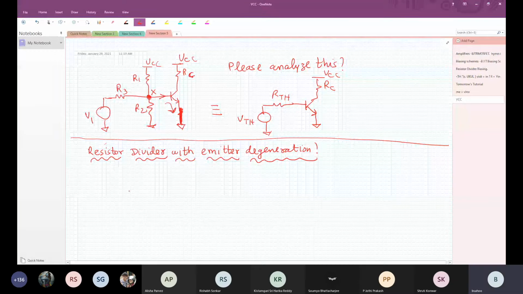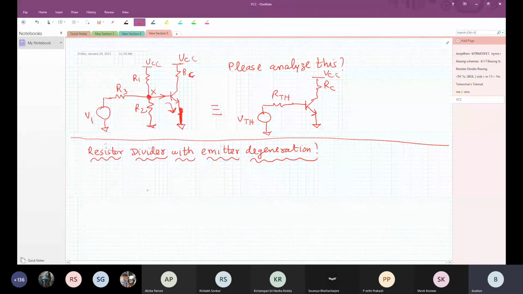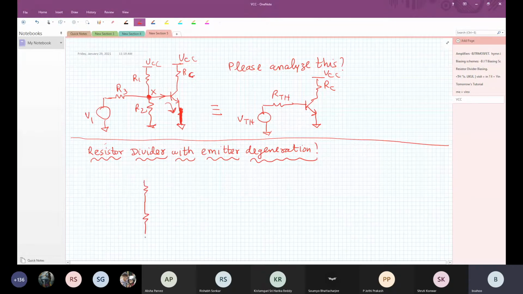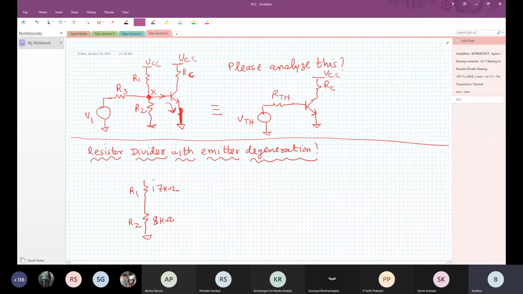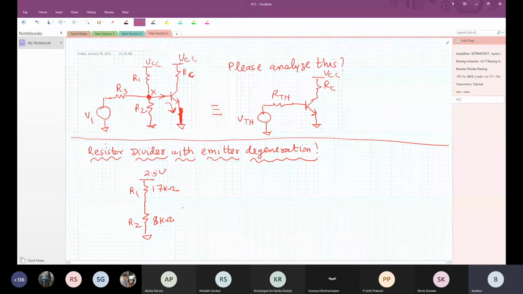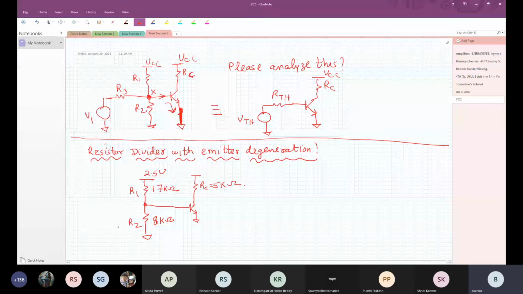Yes. So all of you, this is one of the problems in the textbook. R2, R1. This is 17 kilo ohms. This is 8 kilo ohms. Okay. This is 2.5 volts. Okay. And this is RC equal to 5 kilo ohms. Okay. So now we'll use a let's assume